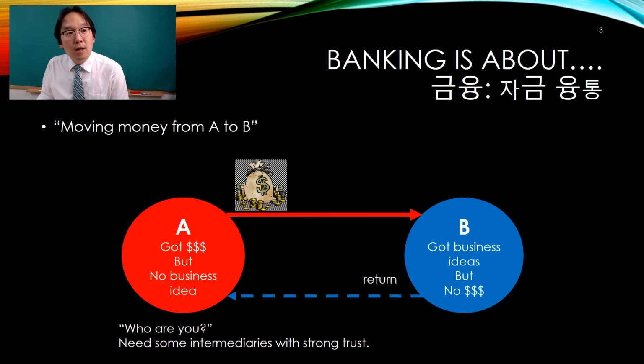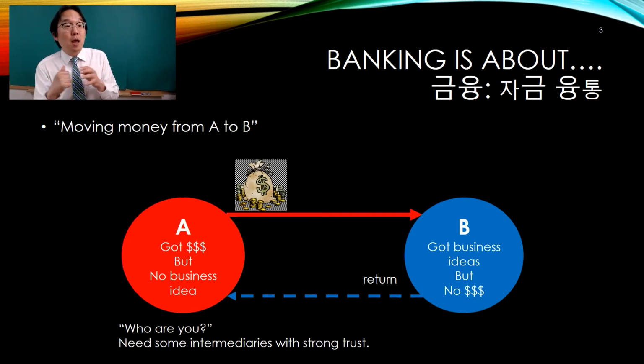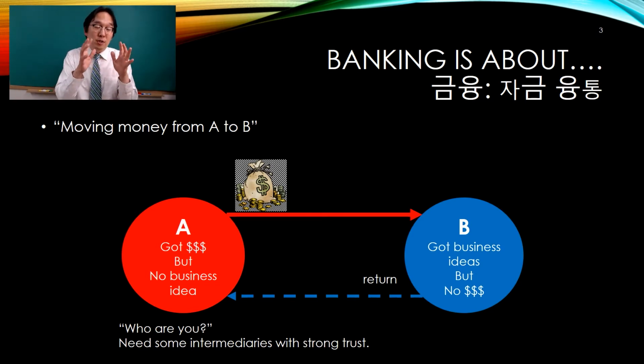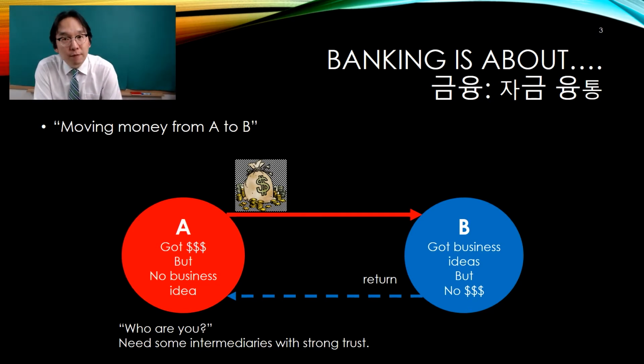Not really. Here, let's say there are a group of people who got a lot of money. The resource is scarce in this world, right? And the money is scarce in this world, but is concentrated on a certain small group of people. Let's say that's group A over here. But usually these people, they don't have good business ideas. That means positive NPV project ideas. It's extremely difficult to figure out, right? Everybody has bounded rationality, of course. And even though they try to figure out all those good ideas, it just does not come out